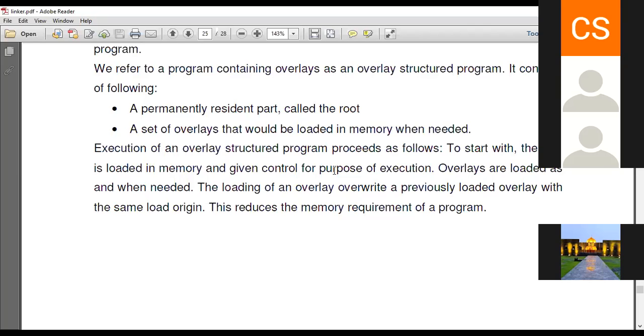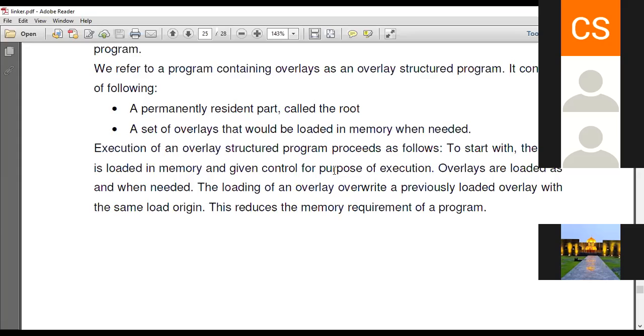Let me check once. Okay, relocation and linking concept, design, self-relocating program, and linking for overlay. These are the 4 points for your linker, and we have covered all these 4 points.